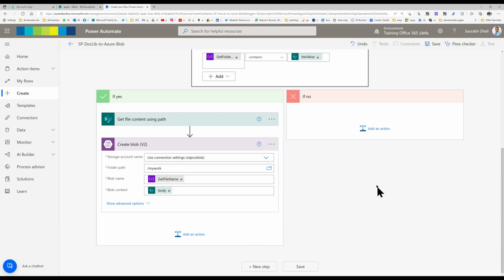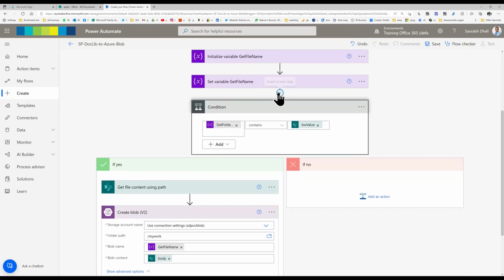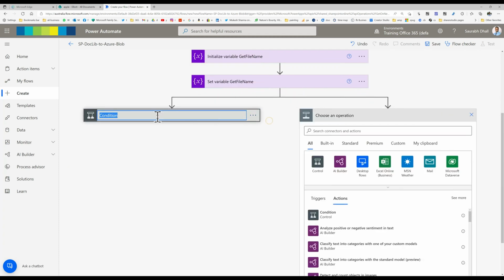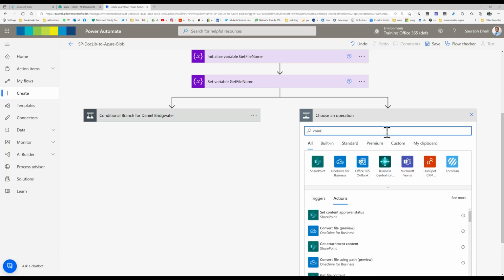in another condition. Now I'm going to click on this and click on add a parallel branch. Now this one I'm going to rename it conditional branch for Daniel Bridgewater. And then this one, first let's just create it. I'm just gonna create a condition here,